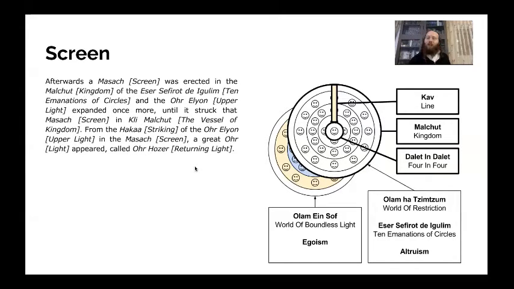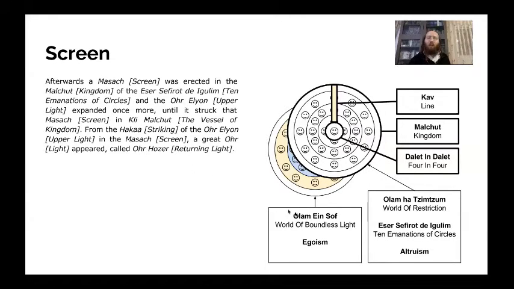So what this is talking about is what happens after the barrier, where after the barrier we feel that emptiness, and then we start receiving light back into us, but we only receive the first 3 phases into us, and we reject the 4th phase. And that 4th phase that we reject becomes the returning light.